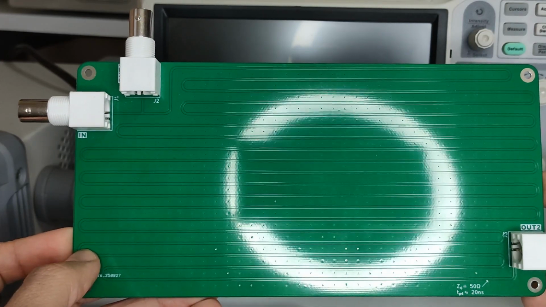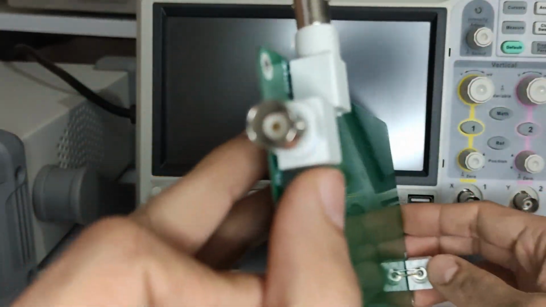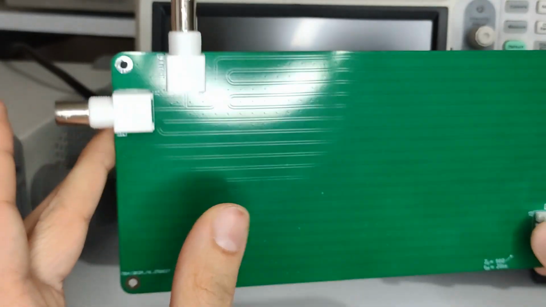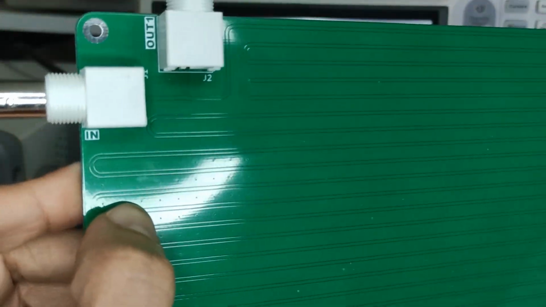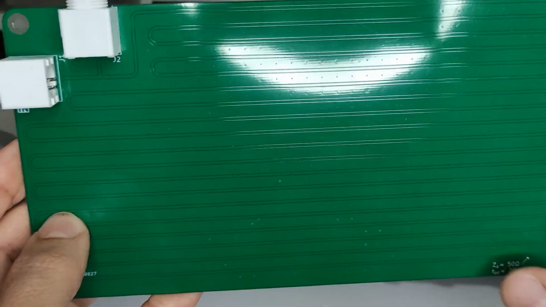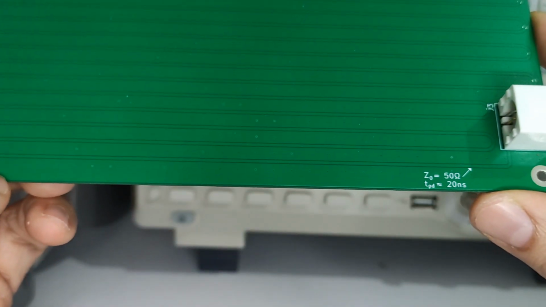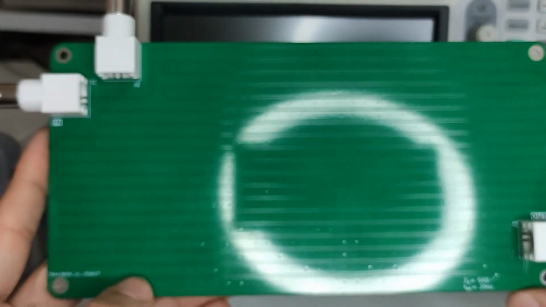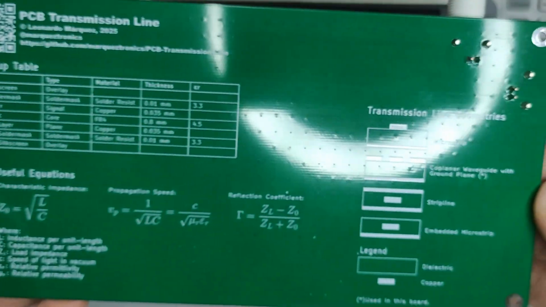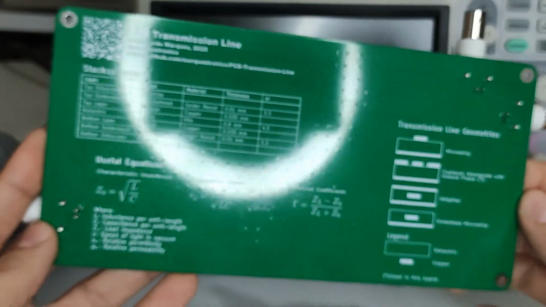So here's the actual board. Very simple. You can see the BNC connectors. They are standard 50 ohm BNC connectors. You can also see the trace meandering around the board. So it's a single trace over 3 meters long. On the other side there is just a solid copper plane,